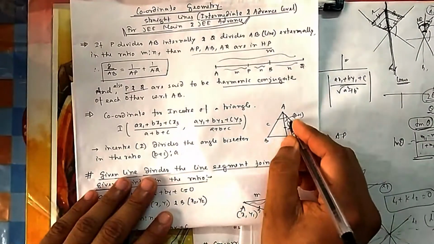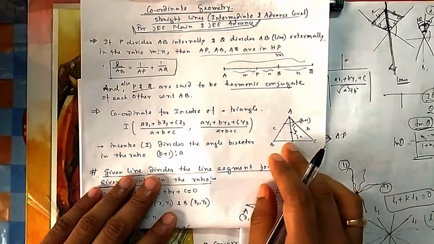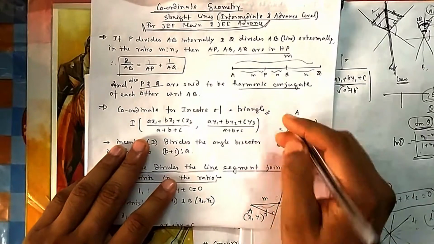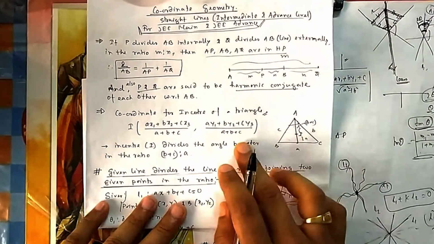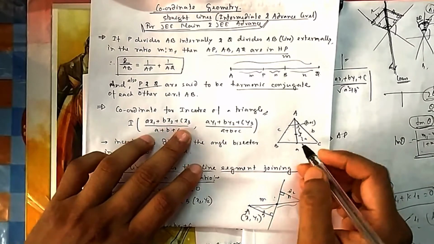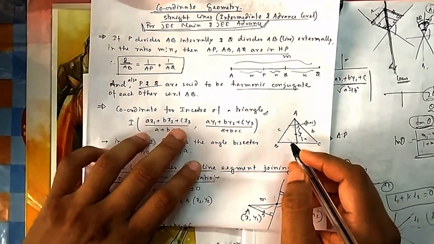In center means if you take a circle, it will touch all these sides. That we have seen in properties of triangle in trigonometry. So the coordinates of the in center can also be calculated. So using coordinate geometry, how can we calculate? I am not going into proofs here. Again, you can do it, but I am skipping the proof. I am directly writing it.